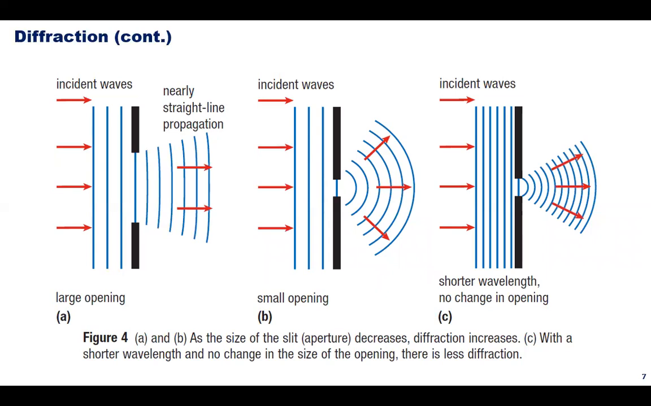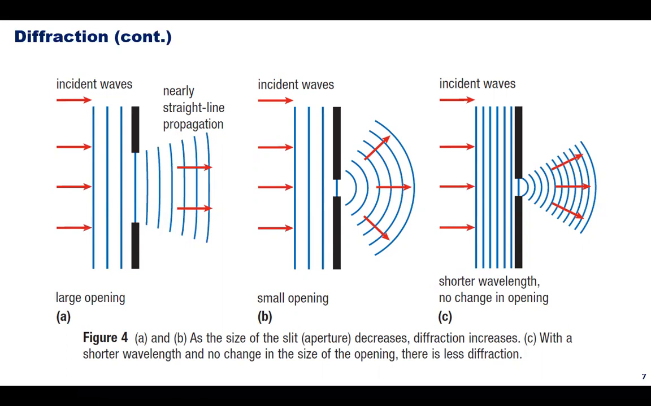So what happens if you change the width of the slit but keep the wavelength fixed? As figure 4a and figure 4b show, as the size of the slit decreases, the amount of diffraction increases. If waves are to undergo more noticeable diffraction, the wavelength must be comparable to or greater than the slit width,